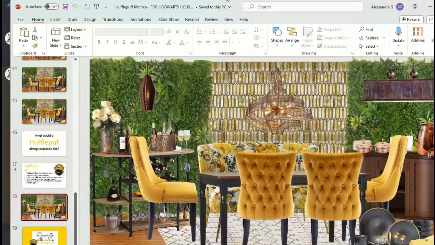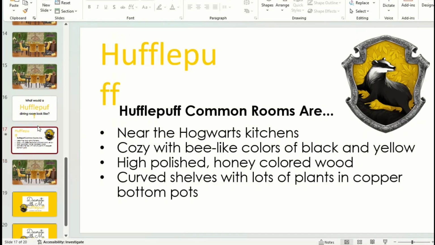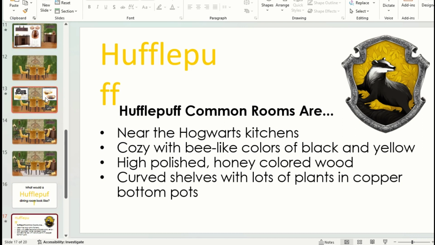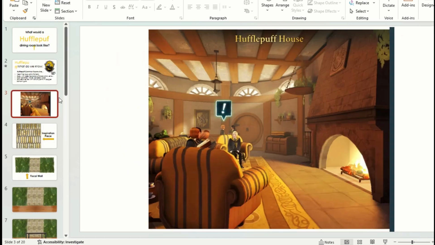When I did my original research, some of the tidbits we found were that it was near the Hogwarts kitchens. It was cozy with bee-like colors of black and yellow, high polished honey colored wood, and there were lots of plants, coppers, things like that. And I found online at the time this image, which was from one of the Harry Potter video games, and obviously this is a very simple rendition. With Hogwarts Legacy, the detail has gone up exponentially, but there is also plenty of content online,